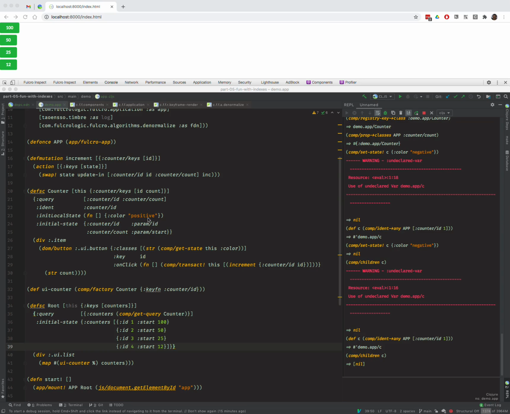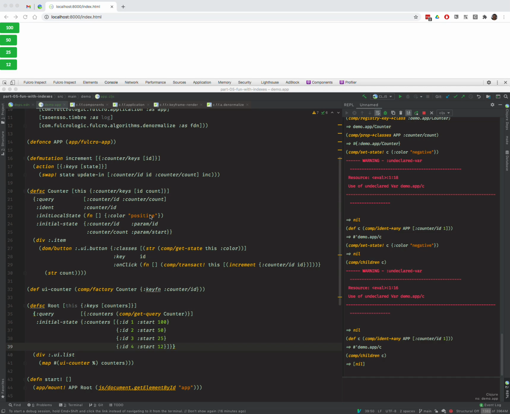Alright, in this video we're going to talk about Fulcro's indexes. You don't use these often, but if you understand them, you'll understand everything there is to know about writing your own renderer for Fulcro. So I guess there's two purposes for this video: to kind of talk about the rendering of Fulcro and how it works, how the different plugin optimized renderers work and what they can leverage in order